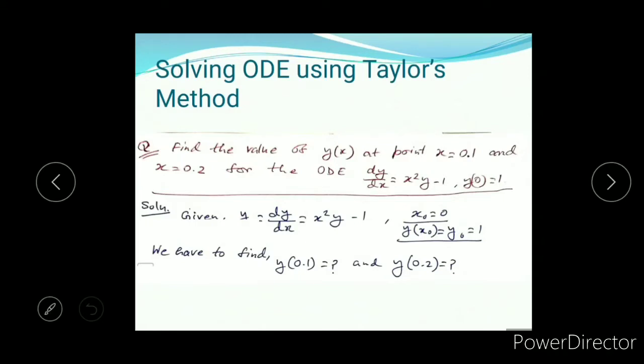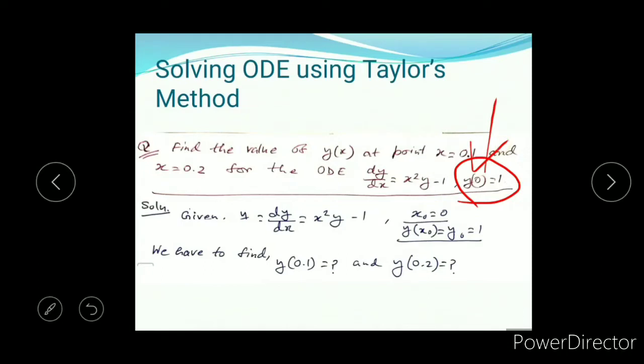In this question, what is given? dy/dx equals x squared y minus 1, it is given in the question, right? So y1 is the differentiation. Again, y(0) equals 1. That means y of x0 equals y0 equals 1. We can write from the definition, as we have seen in the previous slide, from the definition of ordinary differential equation,